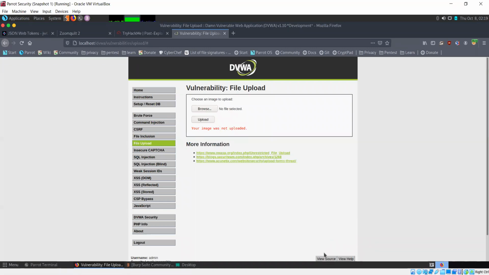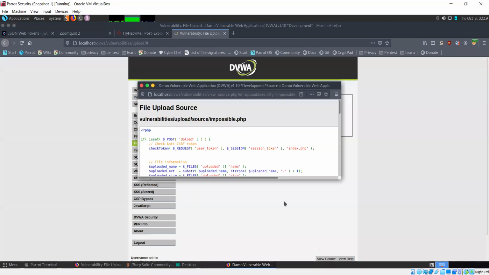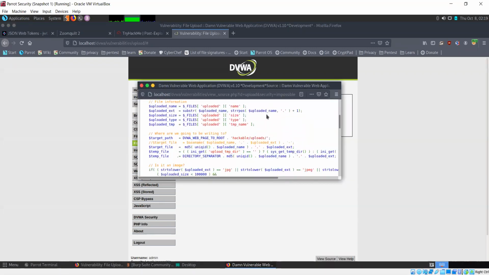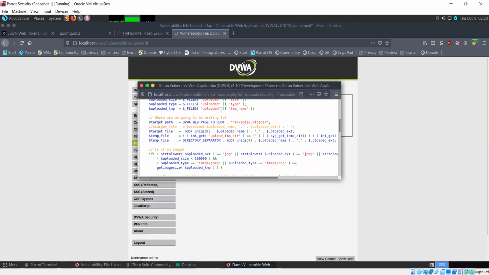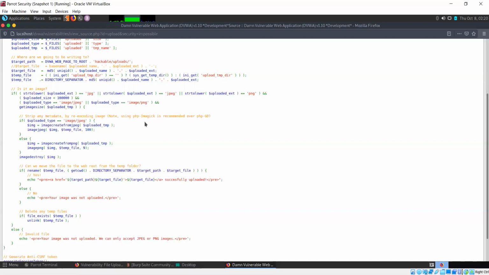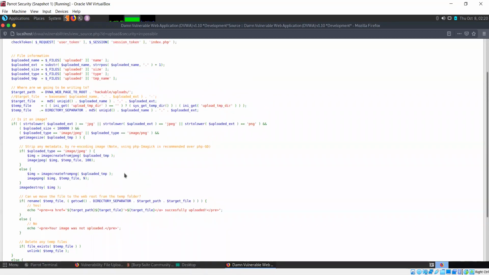Your image was not uploaded. This time it is thoroughly checking if it's an image or not.